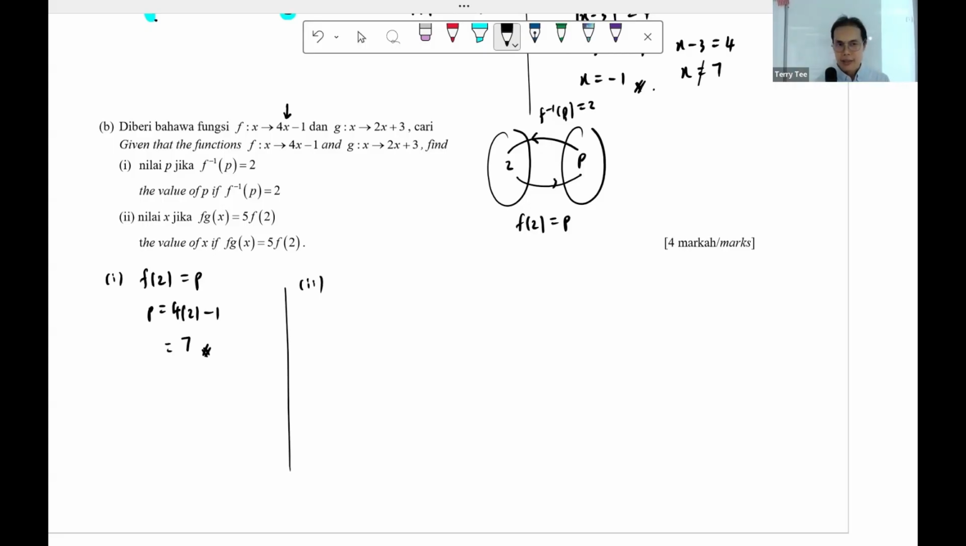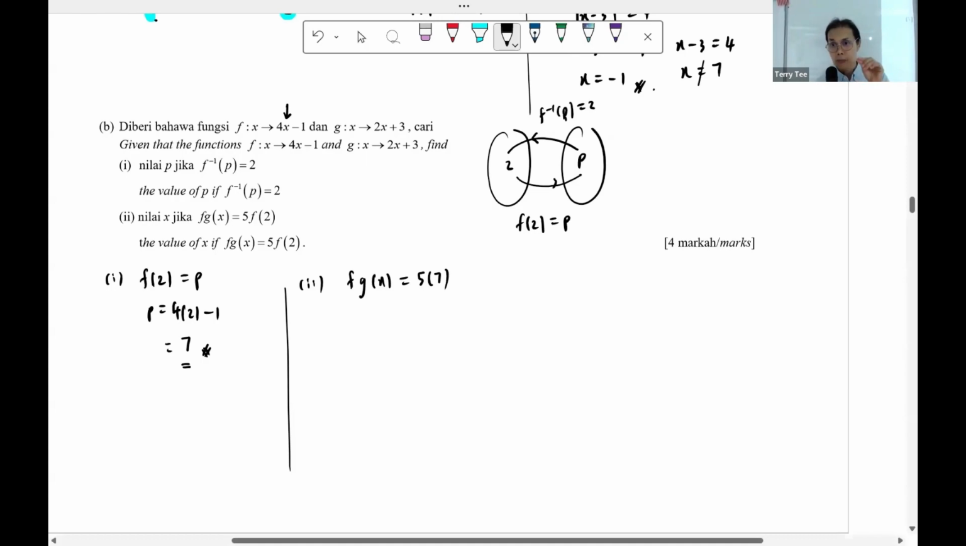Next, find the value of x if fg(x) is 5 times of f(2). Now, actually, we got your f2, which is your p, right? Your f2 is your p, which is 7. So we can start by writing fg(x) equals 5 times 7, because your f2 is 7. Then we are supposed to find x, right? fg(x) means composite function of putting g(x) inside f(x). What's my g(x)? My g(x) is this